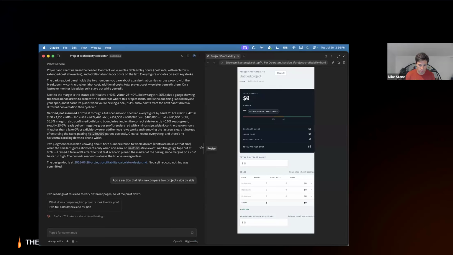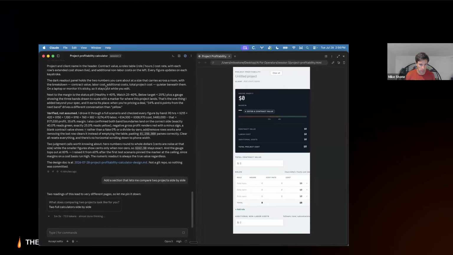Nick, while this is crunching here, can you maybe touch on, we're generating an HTML file here. Should we be sharing this throughout the team as an HTML file, or are there better ways to share these sorts of artifacts? Yeah, hosting in general is a pretty broad topic and worthy of its own workshop.